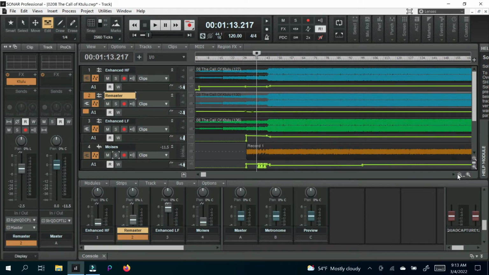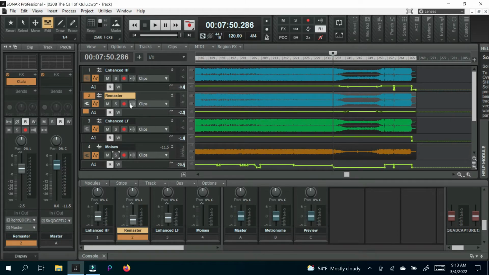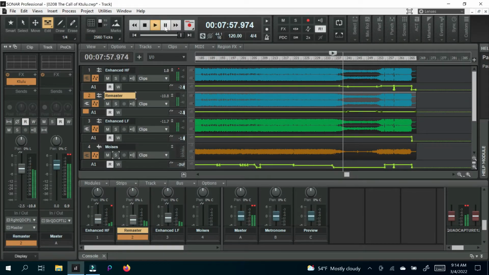We'll zoom out a little bit, and I had to keep Moises down right here as well, because when Cliff goes high, all you get is rumble, which you don't need. And then over here, same thing to keep it when it goes back to just James playing the clean electric by himself. Let's just hear that real quick. That was all done to keep the recording from changing its tone as the song plays.